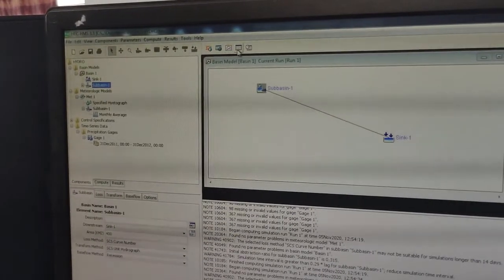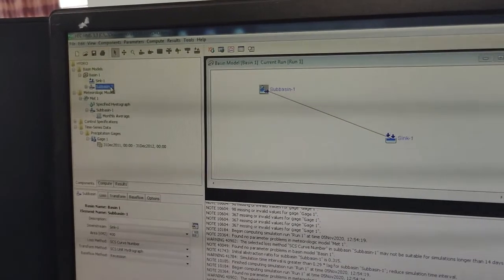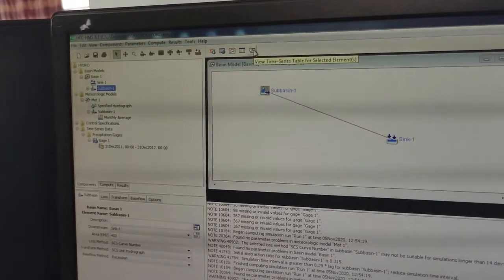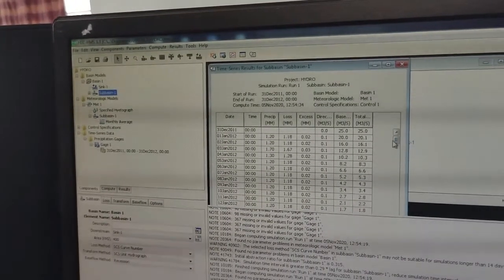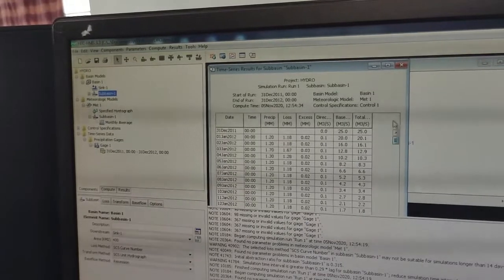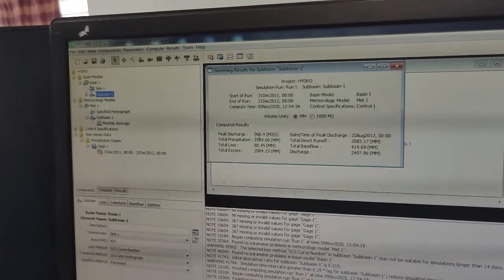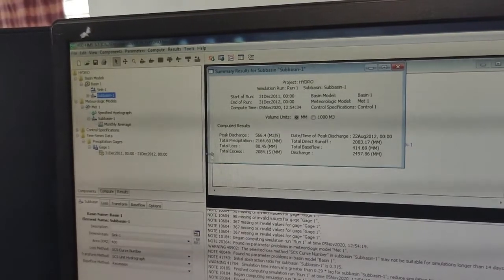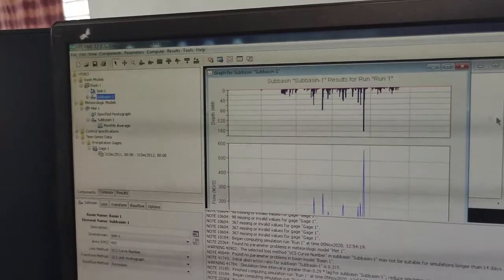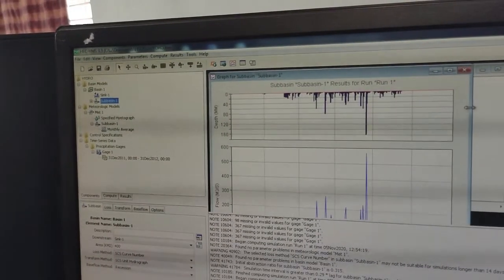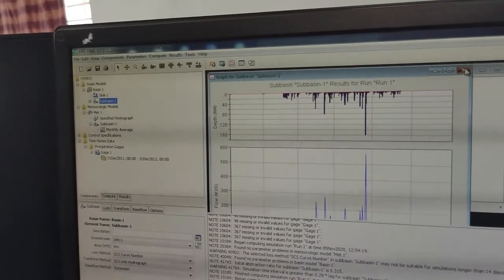These will only appear when you click on the sub-basin 1. So remember to click on sub-basin 1. This is the time series table. These are all your results that will be displayed. Summary table for sub-basin 1. This is the thing that we are searching for. These are the graphs that you have to show while preparing your lab manual for sub-basin 1.